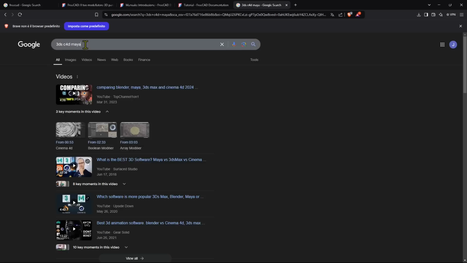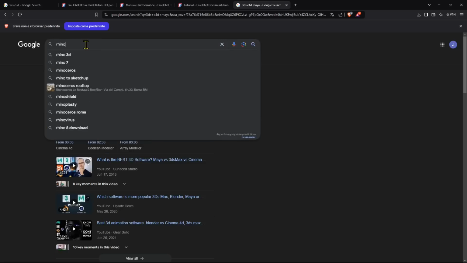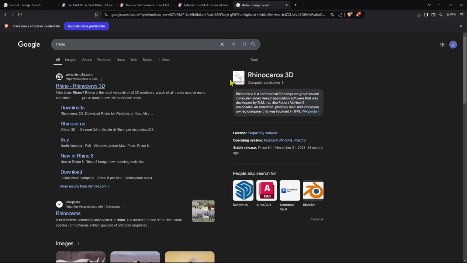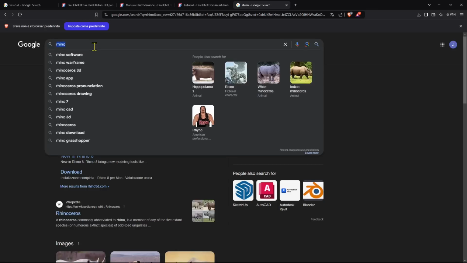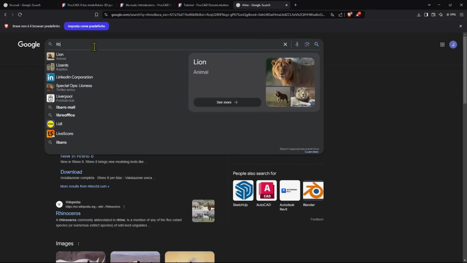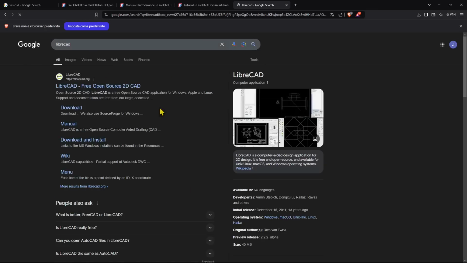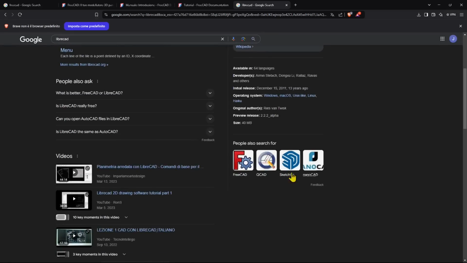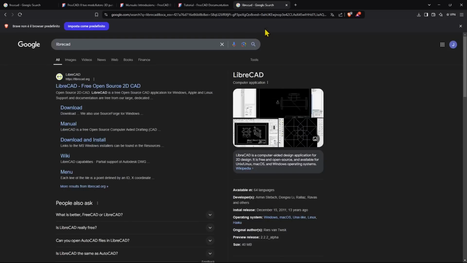But if you want something more technical, in that case, you should go to Rhino with the NURBS modeling, or AutoCAD, or SketchUp also, which is a little bit simpler if you're doing architecture. So this is to give you an explanation of where you will be if using FreeCAD. Now, LibreCAD is also good and free and open source. If you want to do just 2D, you can use QCAD, you can use LibreCAD,